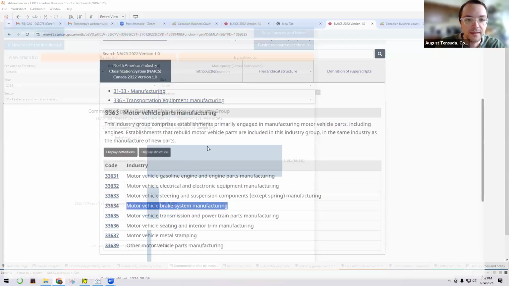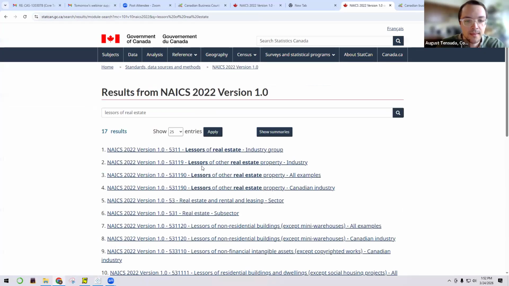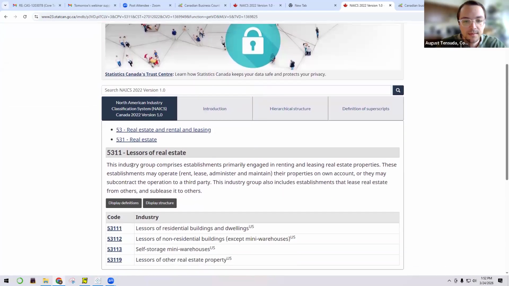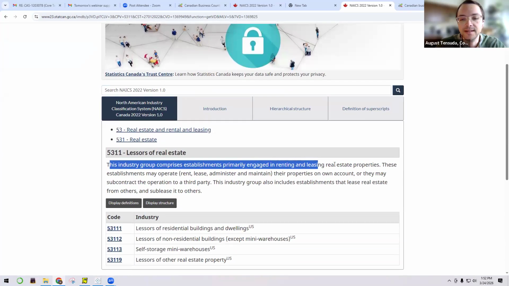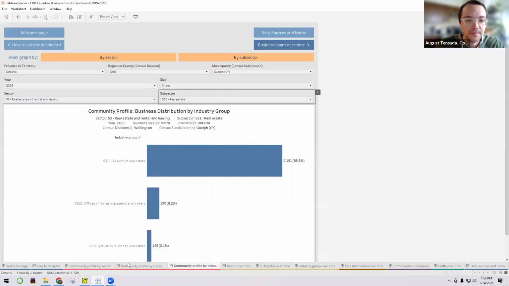So this lessors of real estate, let's look that up quickly. So it says this industry group comprises establishments primarily engaged in renting and leasing real estate properties. So that's the number one micro business: renting and leasing real estate properties, which is